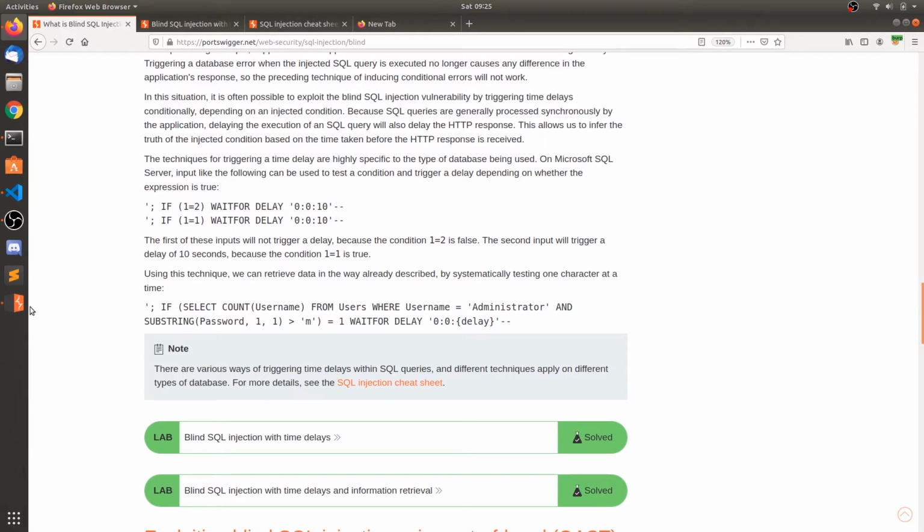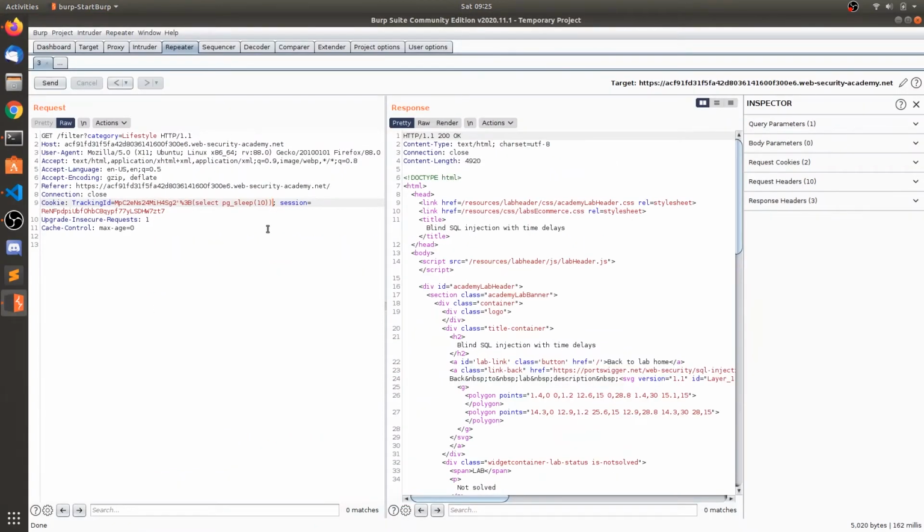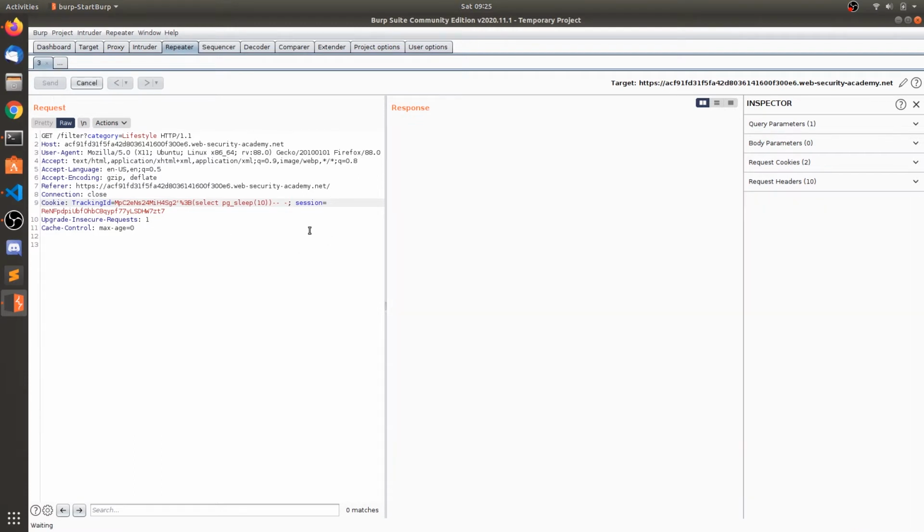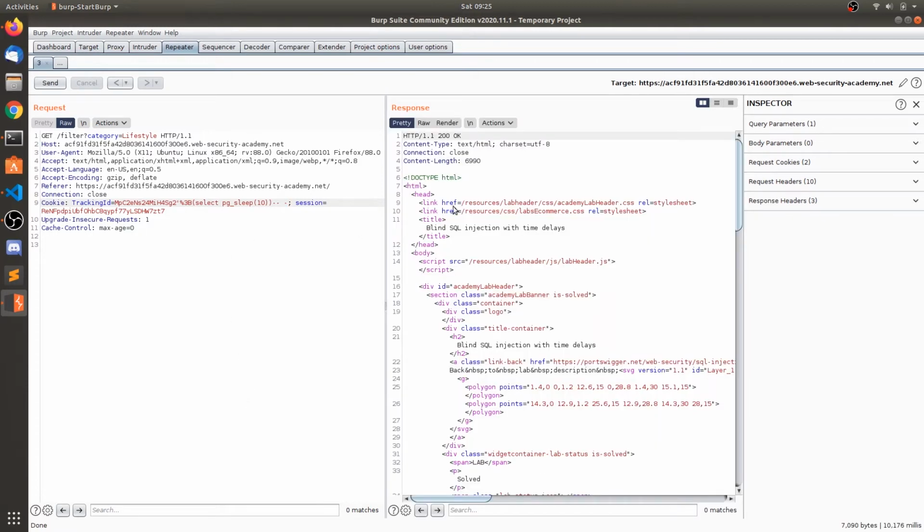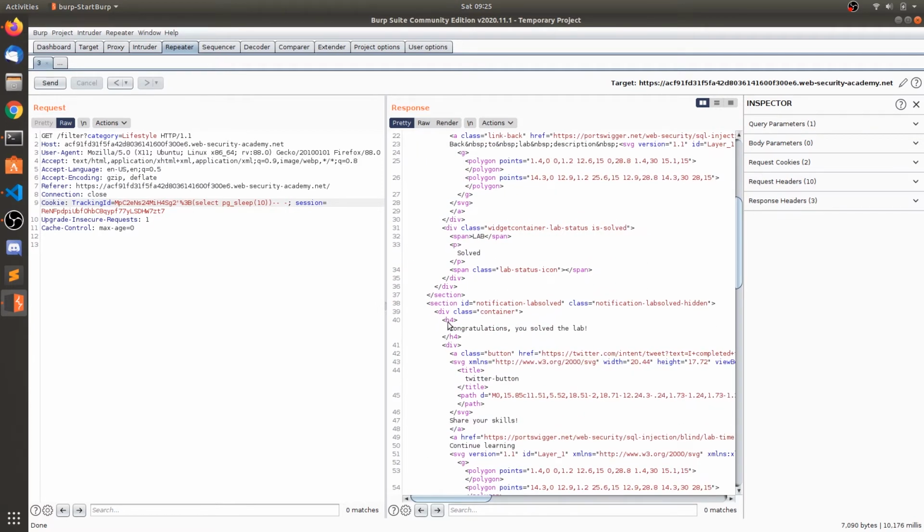We need to put the comments, sorry for that. Okay, now you can see there is a sleep of 10 seconds. The database goes to sleep for 10 seconds, and after 10 seconds it will process the response and send it to us. So this is PostgreSQL, and you can see we have successfully solved this lab.